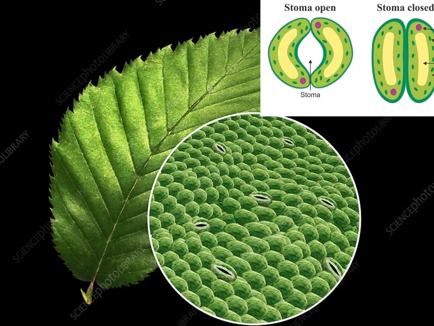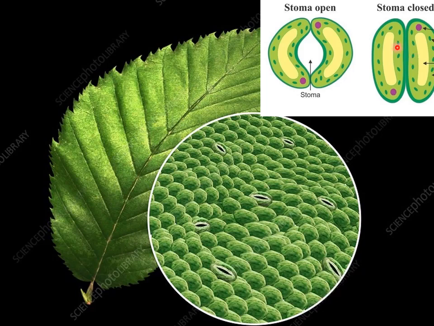So now students, I am showing you the diagram of a leaf. You can see there are some small pores present on the epidermis of the leaf. I have magnified some part. You can see these small pores. So what are these small pores called? These small pores, they are called as stomata. Now you can see on the left hand side there is a picture of the stomata.